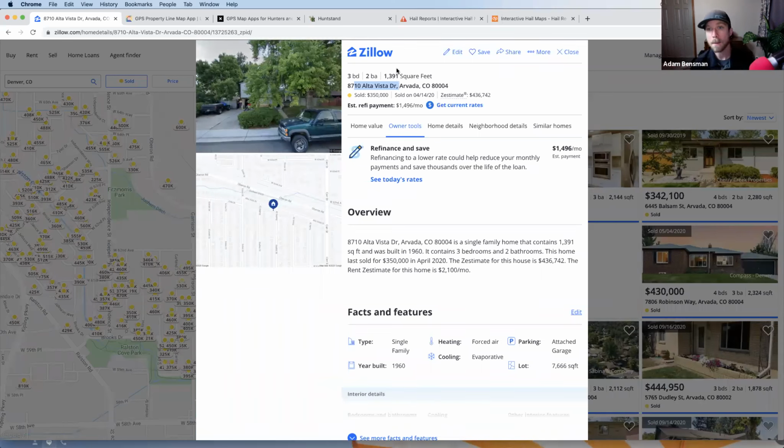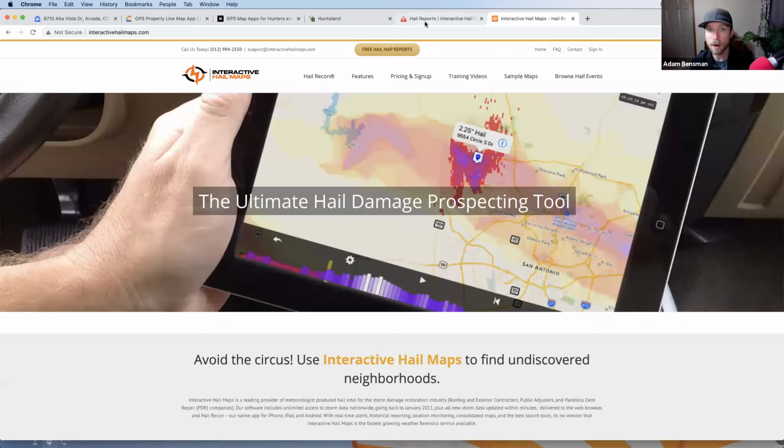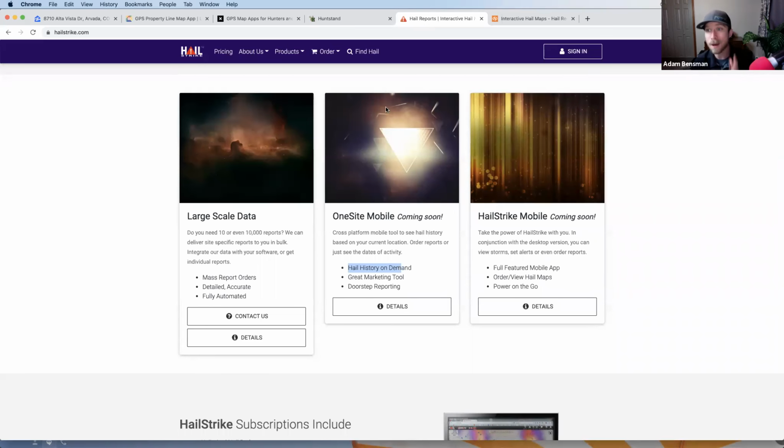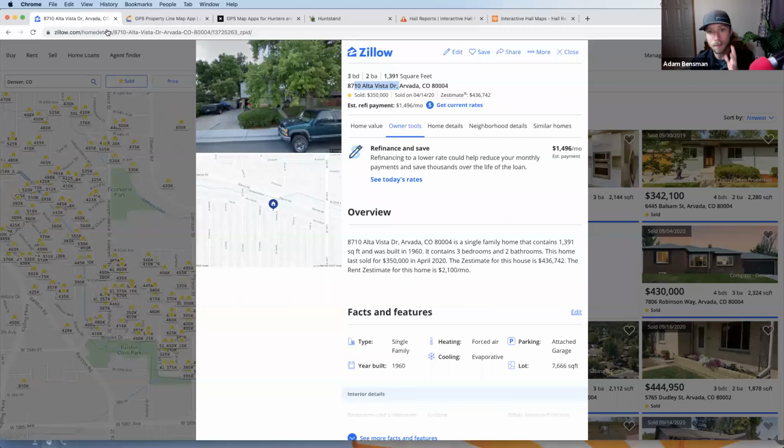The numbers are great. Same thing with a roof. You have a 30-year-old roof. That roof might have gone through a few hailstorms, and you have the most recent hailstorm that's going to further damage it. And now you have a whole new claim with a case already kind of in your back pocket, almost like if you had a scratch on your bumper and then someone rear ends you, it's going to get covered over the last incident. That's just how it works. So now, using this information paired with interactive hail maps or Hailstrike, whatever hail program you use, if you can enter in that property address to pull the historical data, now you know that this home that was built in the 60s,